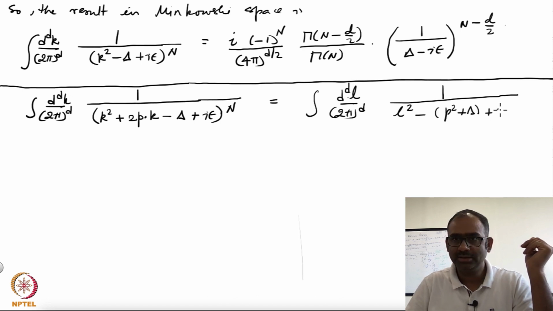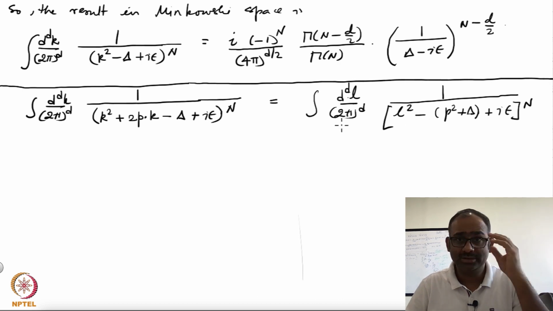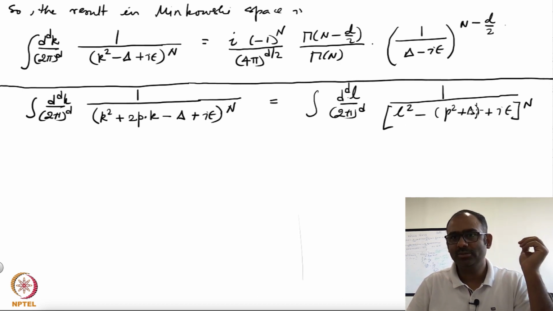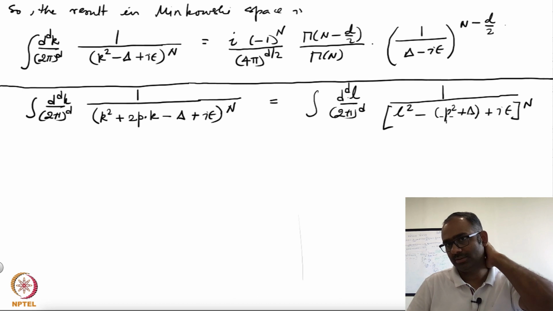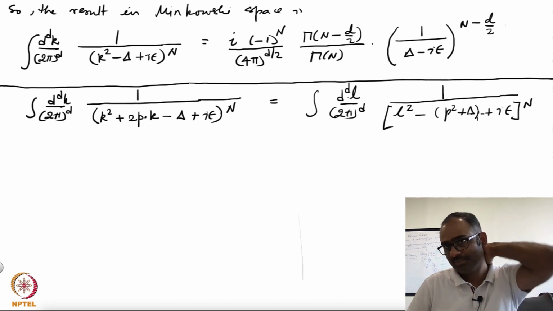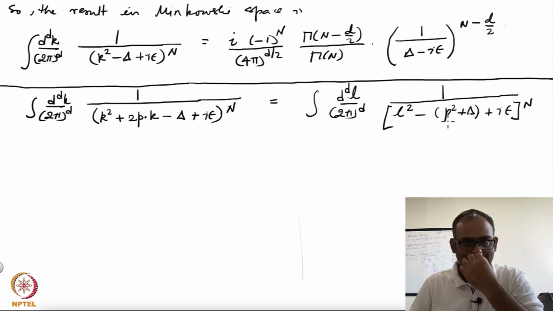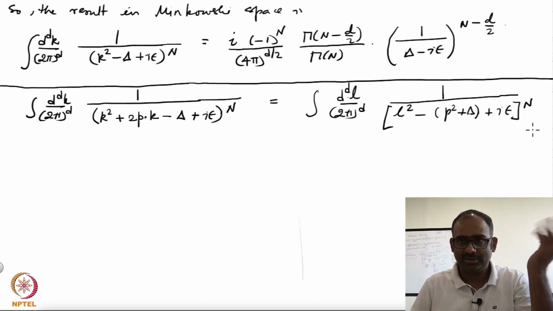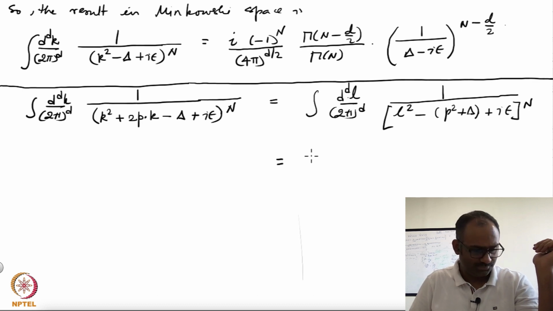Okay, this you should check. Now you already see that after doing those steps, p square has appeared in here. Now, instead of having 2 p dot k, you have p square plus delta. Okay. So, clearly when I integrate, the result will depend on p square and delta, and this is equal to,